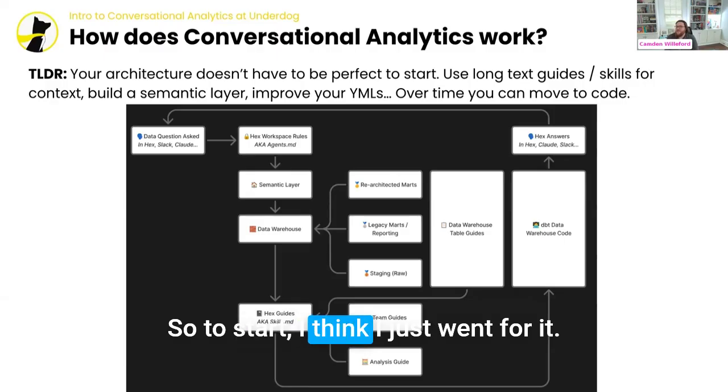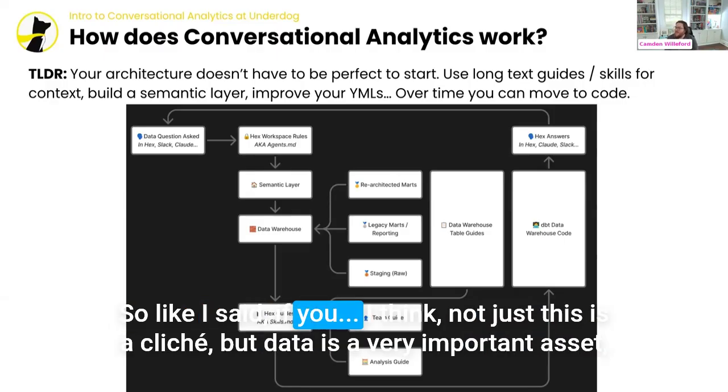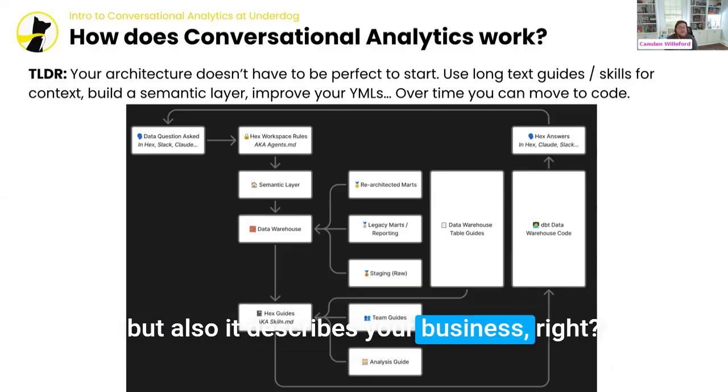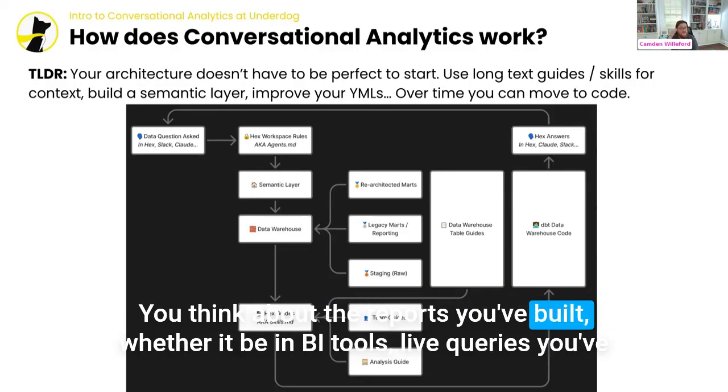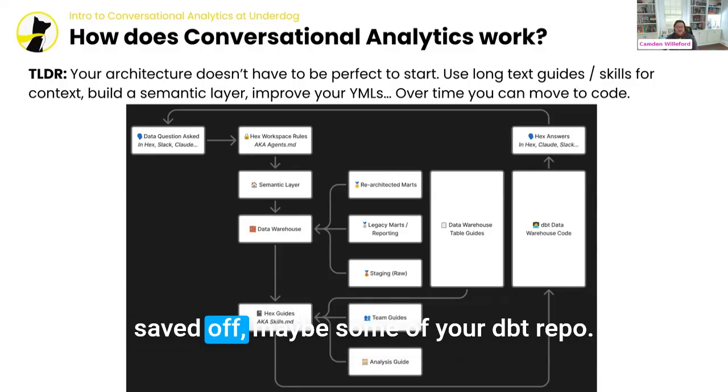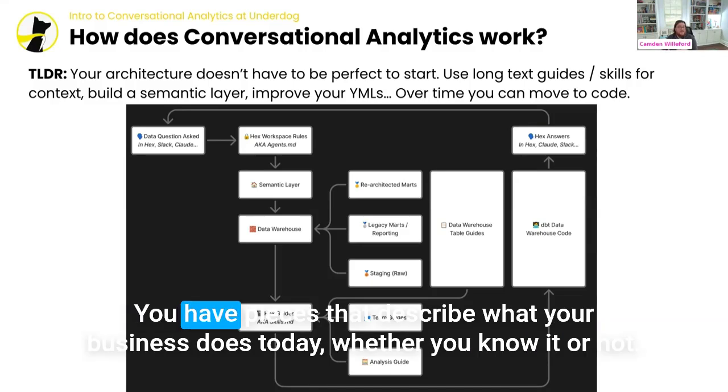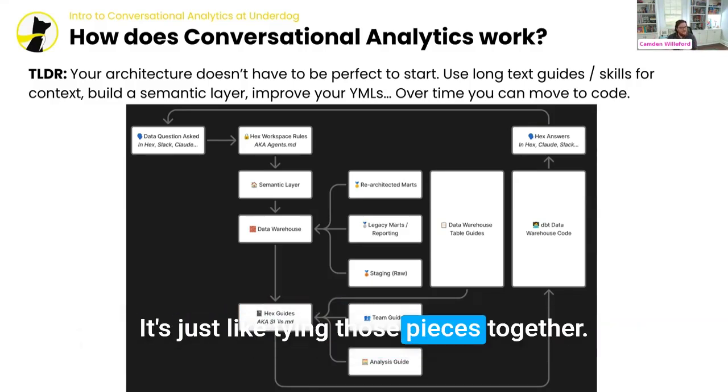Yeah, so to start, I think I just went for it. This is a cliche, but data is a very important asset, but also it describes your business, right? You think about the reports you've built, whether in BI tools, live queries you've saved off, maybe some of your dbt repo. You have pieces that describe what your business does today, whether you know it or not. It's just tying those pieces together.